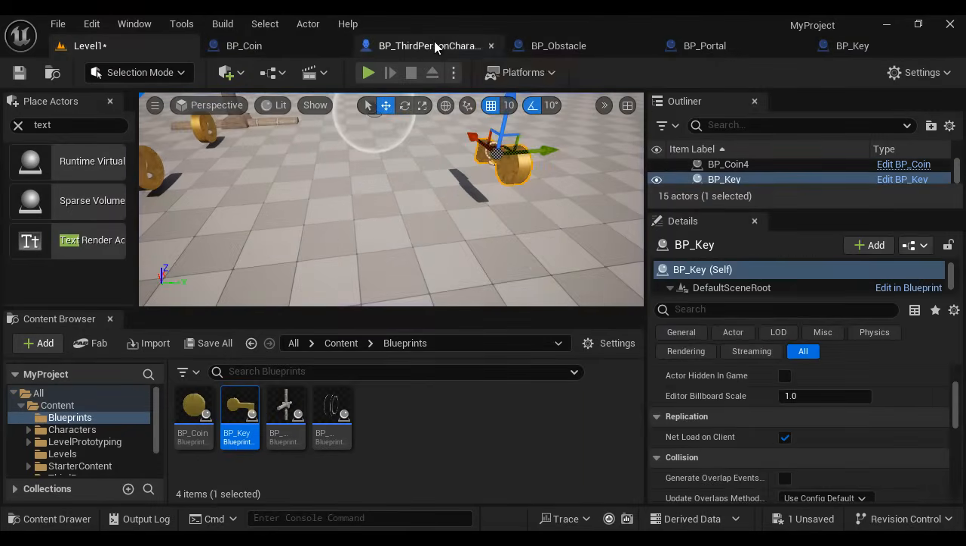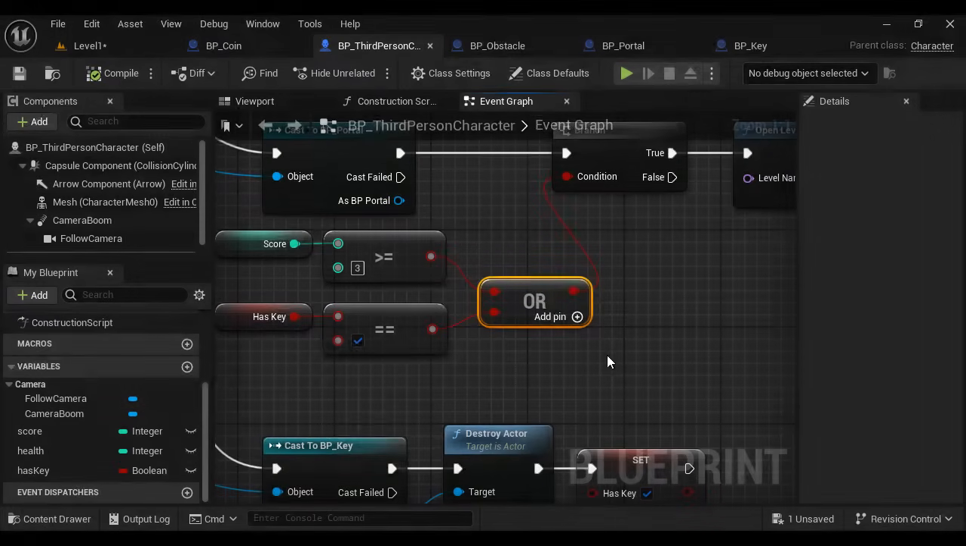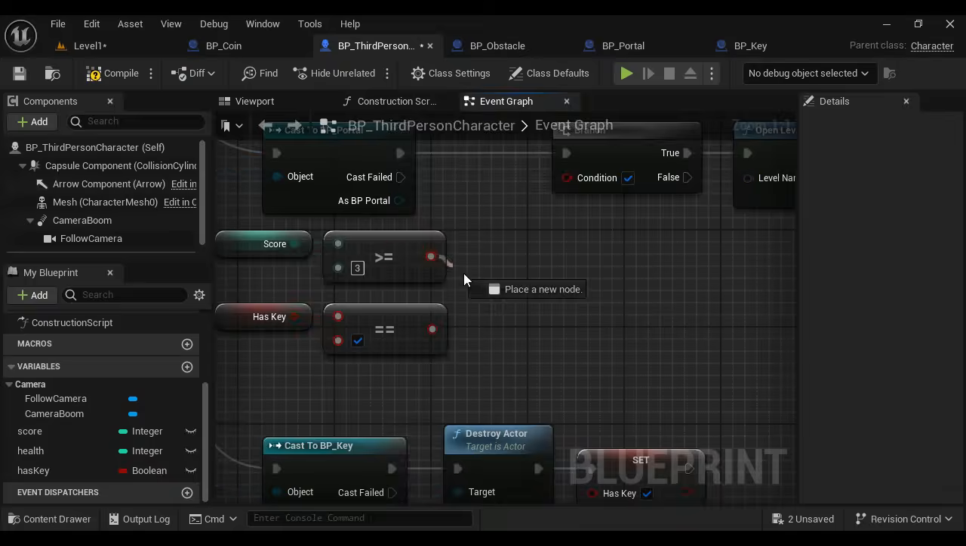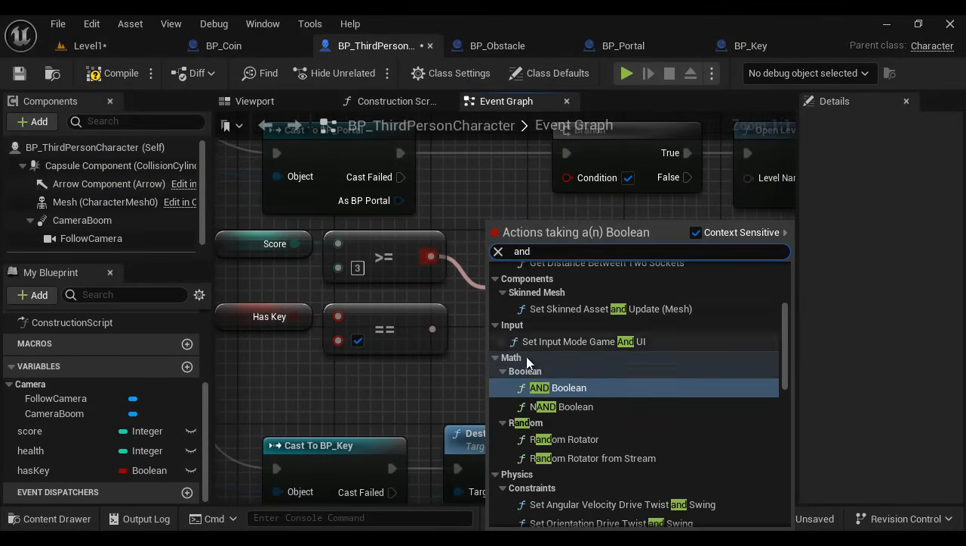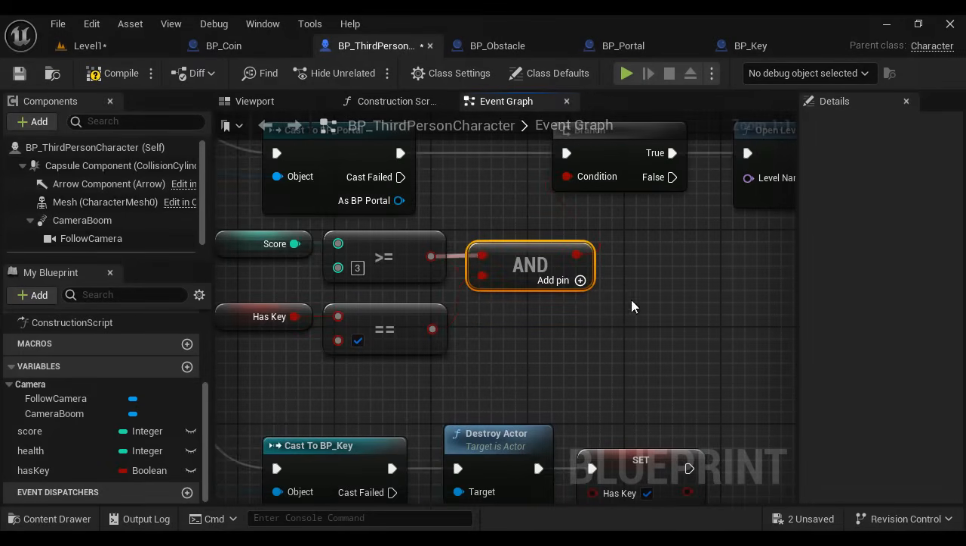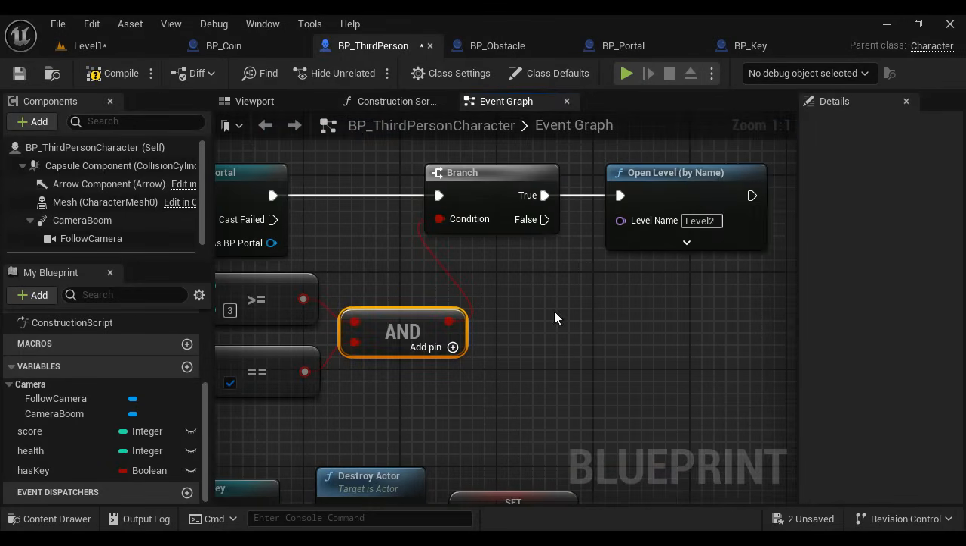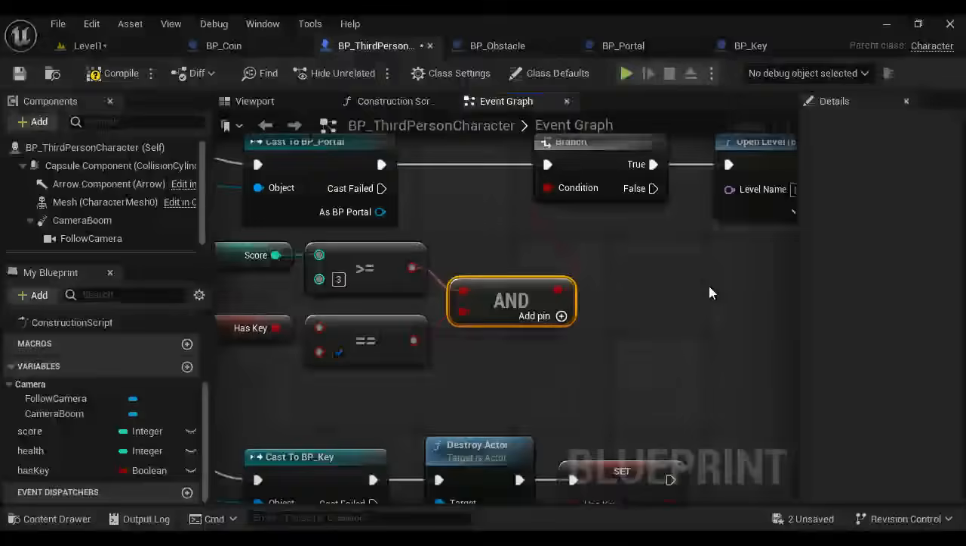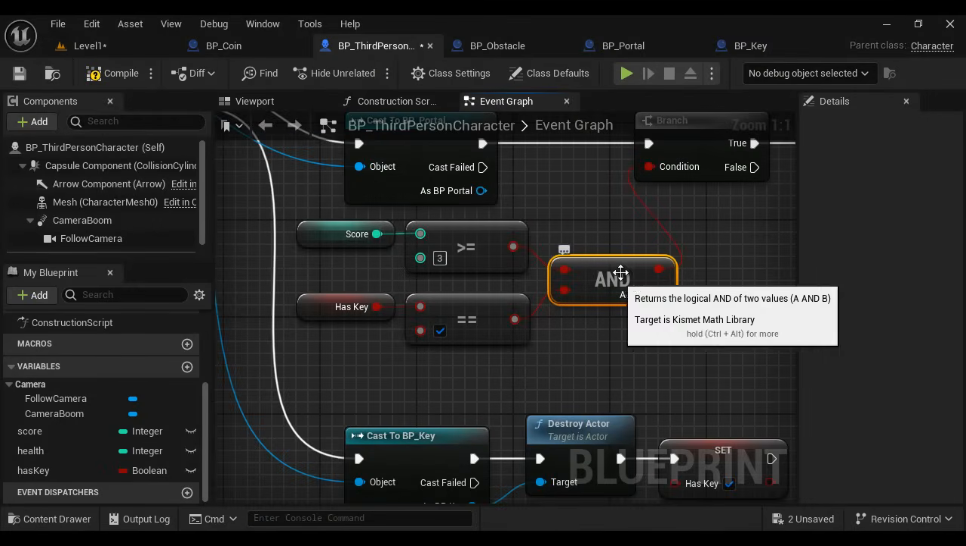So that is the difference between AND and OR. AND means both the conditions should be true, and here both the conditions should be true, then the player switches to level 2. So that's what about the